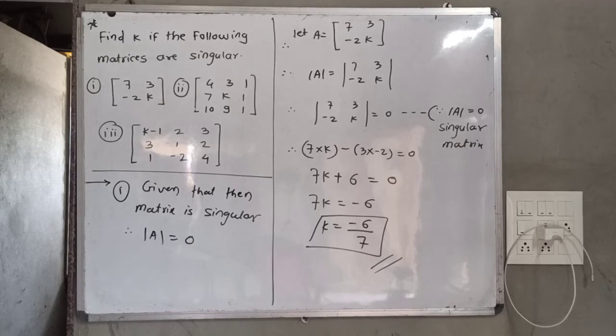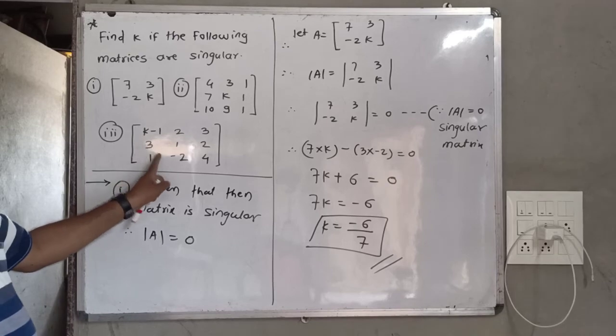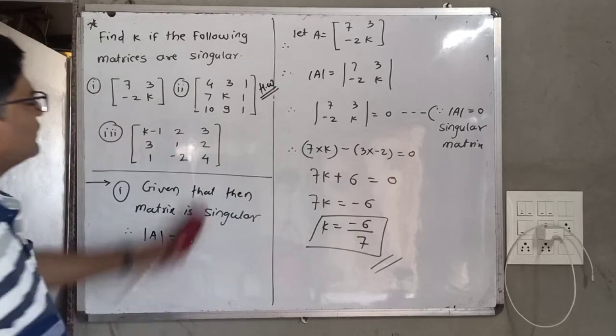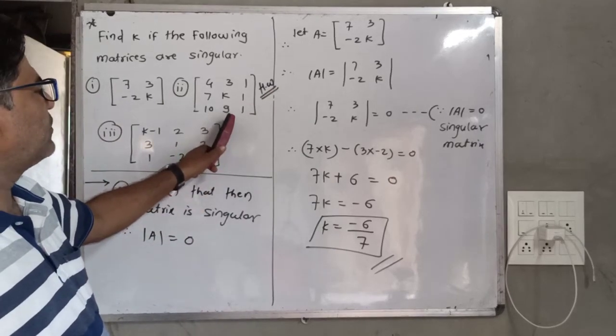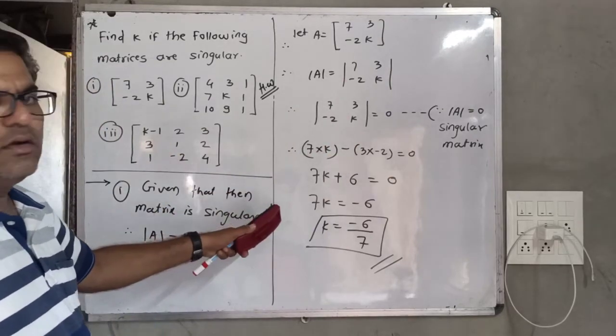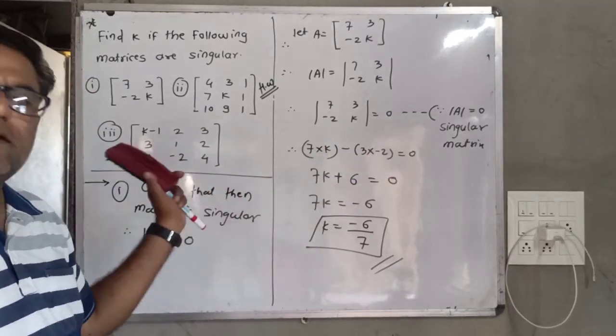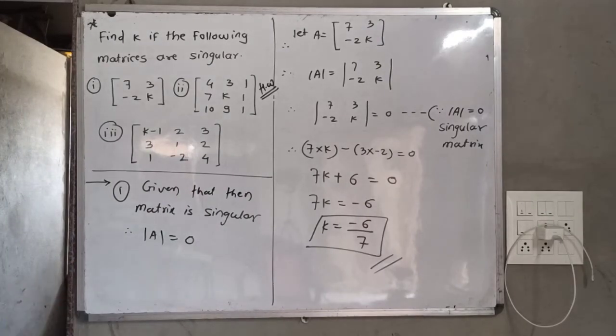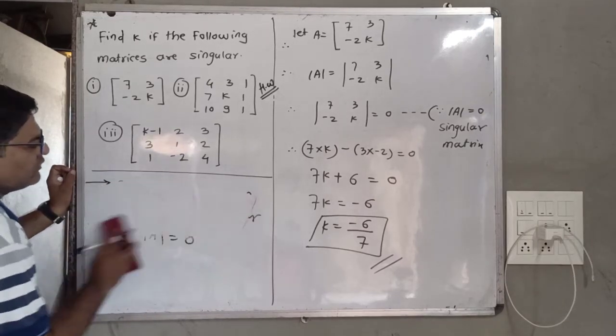Simultaneously you can solve the next example. The next example is homework for you. Just let the determinant of this particular matrix be 0 and solve like this. Solve the determinant, with one side 0, and you can simplify that equation. Take a screenshot. I am going to rub this out.